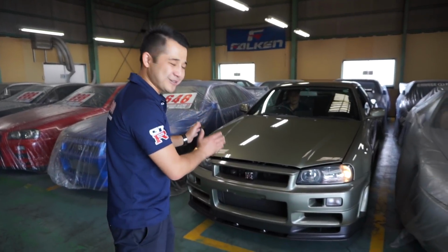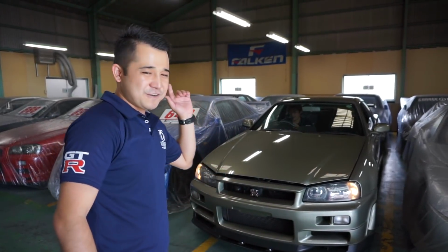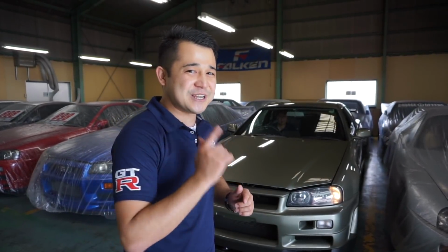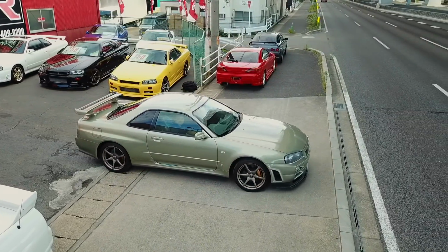And this particular car belongs to our great friend Don Golubek, who ended up making the purchase of the super rare GTR 34 from our shop last year. And today we are taking this bad boy to Nagoya port to have it delivered to him in the United States. This car, everybody, focus on this, is going to make history